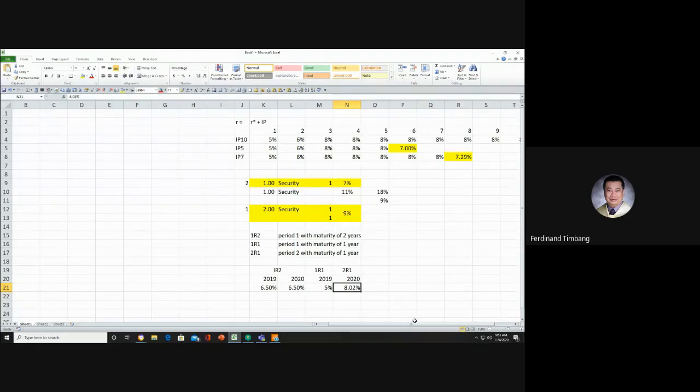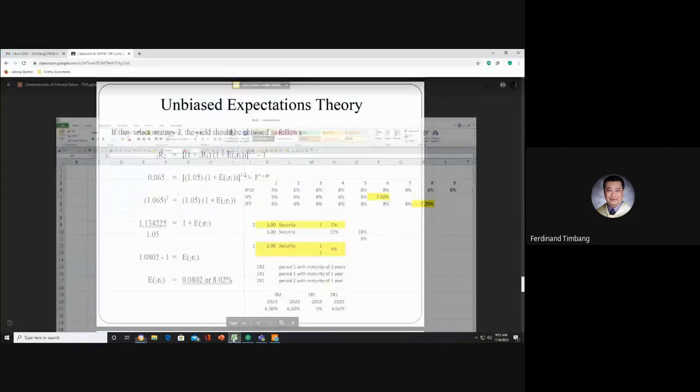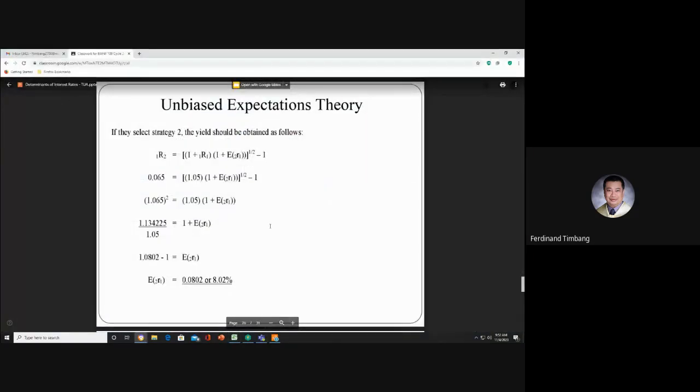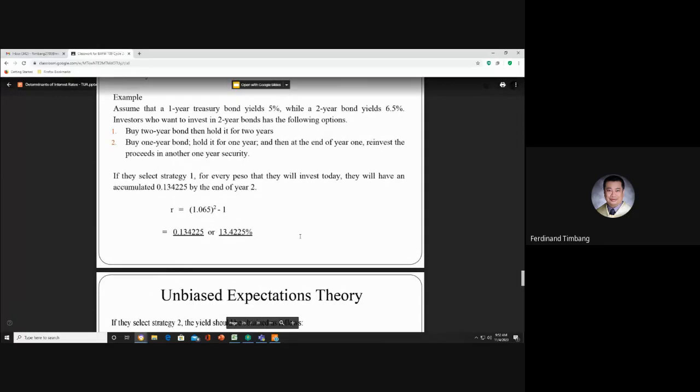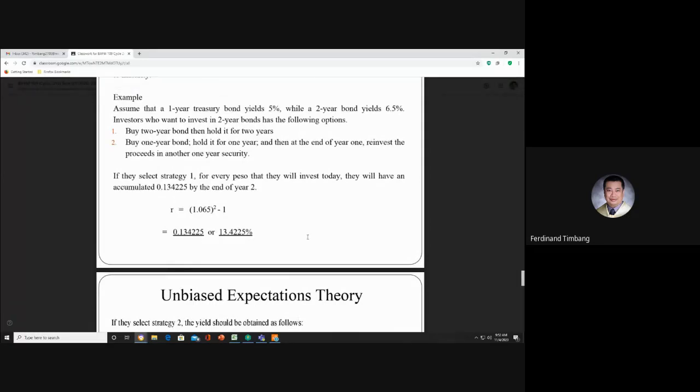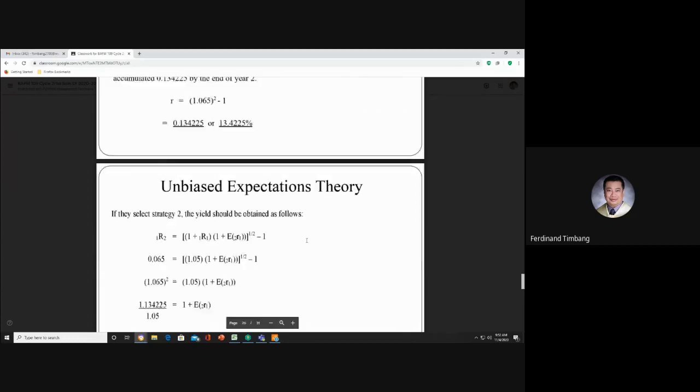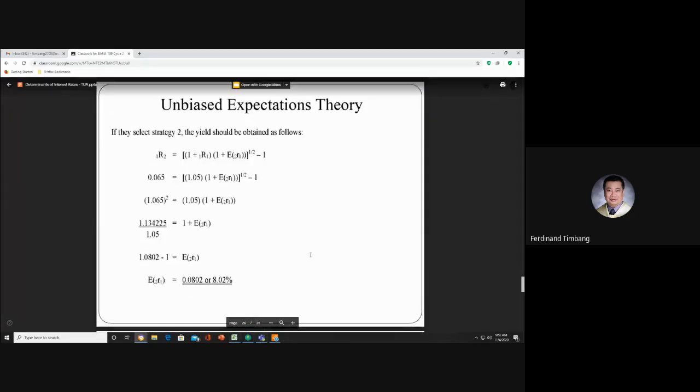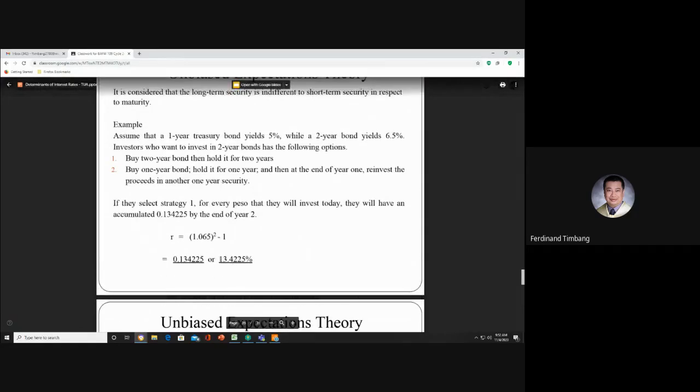Yun nga lang, hindi siya yung simple average. Kasi itong average nito, 6.5% eh. Tama, 6.5%. Pagka inadd natin siya, 13%. Pero ang computation natin is 13.42. Bakit naging 13.42? Kasi compounded. Diba? Compounded ang formula niya. Kaya lumalabas na instead na 13% lang, nagiging 13.4225% because it is compounded interest.